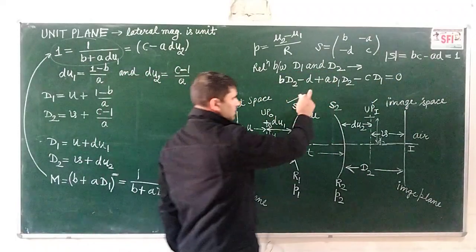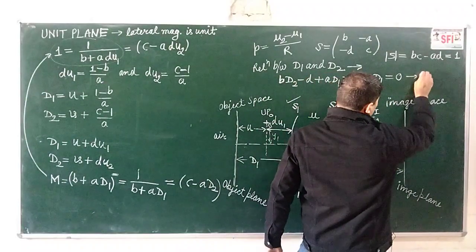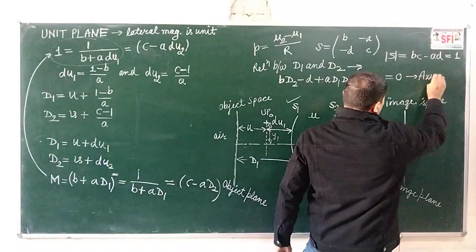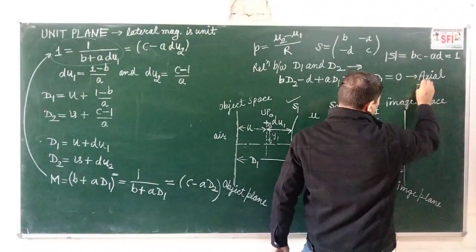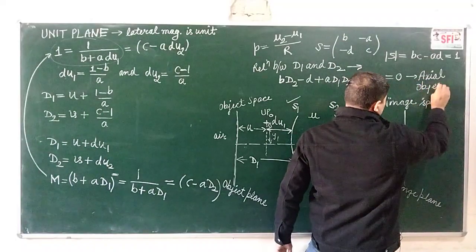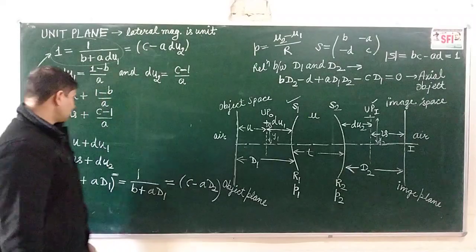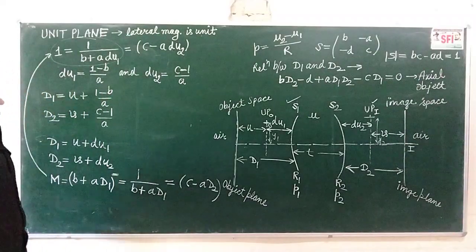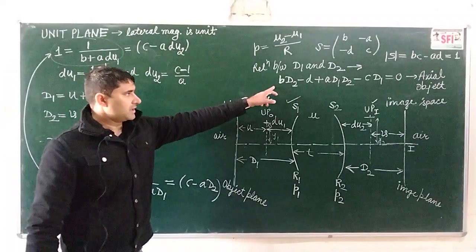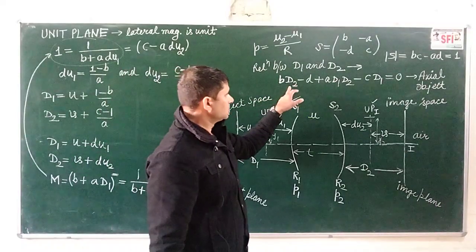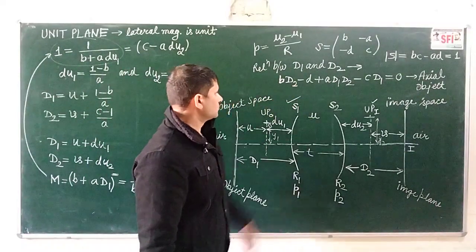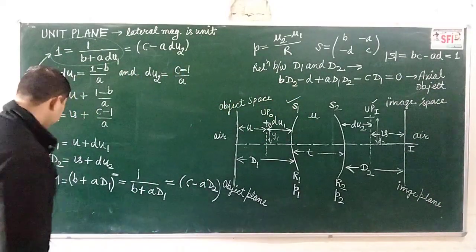We obtained this relation when we solved the case of the axial object, the object placed on the axis. Now if we make use of this relation and find the relation for D2,